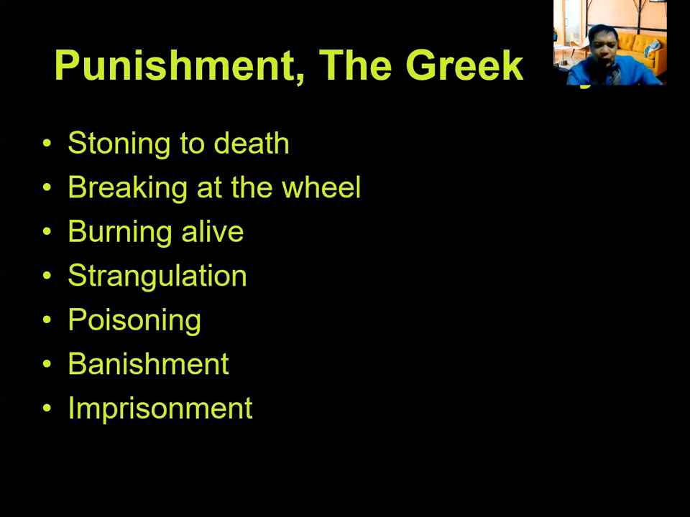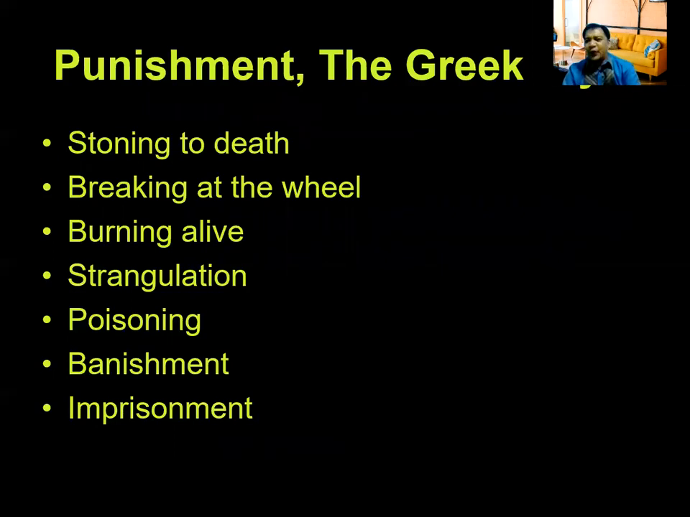And then, of course, we also have breaking at the wheel. The reason why it's called breaking at the wheel is because literally you will be broken on the wheel. You will be placed on top of a wheel, and then they will spin it, like a raffle draw, and then the executioner will hit your body parts,